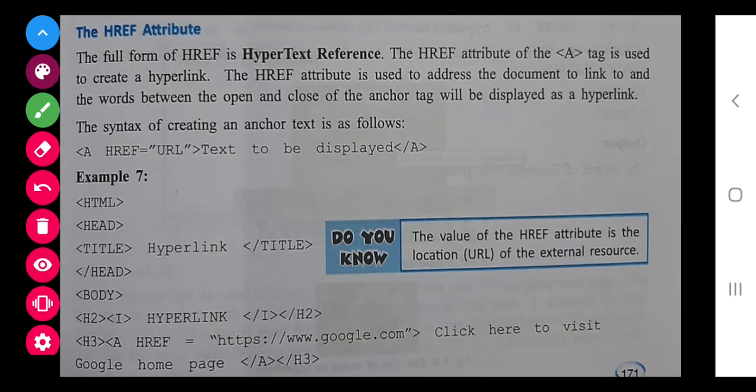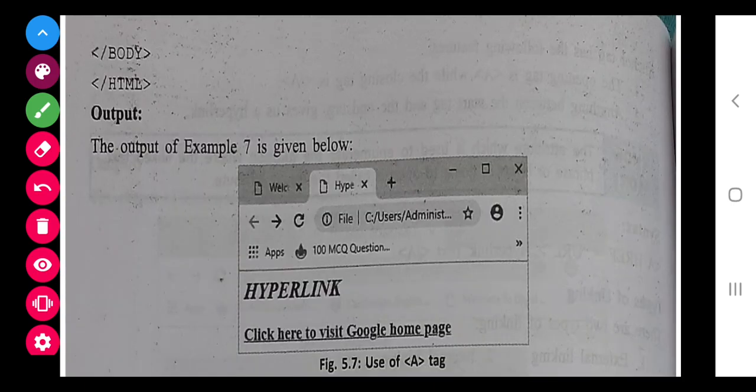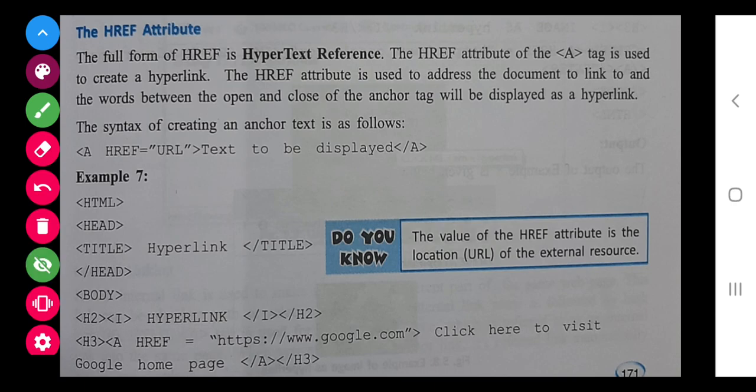Now I have chosen this program to explain you. As they, in this program, they are connecting your web page to the google.com. So this is the address of google.com. Click here to visit the Google home page.